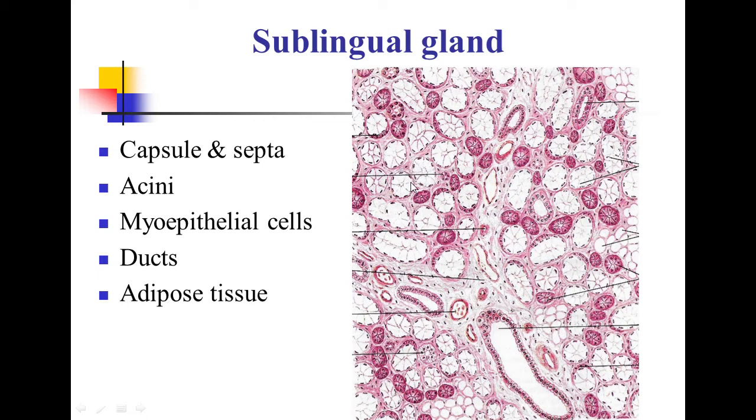These are lightly stained acini, and then within the lobule you can see the duct. This is the duct. This is also a duct. Okay, so in the mucus salivary gland you can see the mucus acini. Then in the lobule you can see the intralobular ducts, and in the connective tissue septa there are interlobular ducts and the blood vessels. Then a little adipose tissue is also seen here.